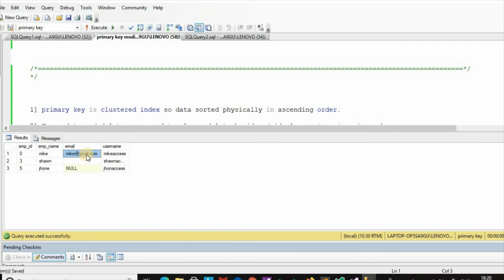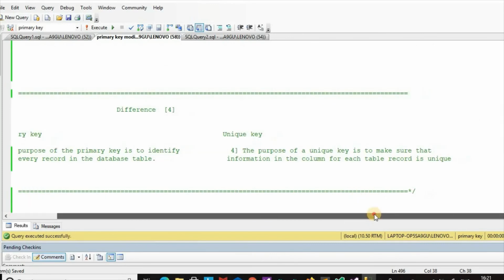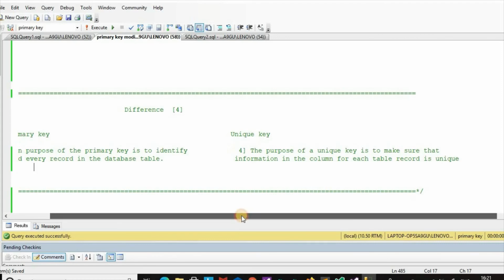This email must be different for each row, unique for that person only, and must not be duplicated. So this is the purpose of unique key: to make sure that information in the column for each table record is unique. So this is the fourth point.